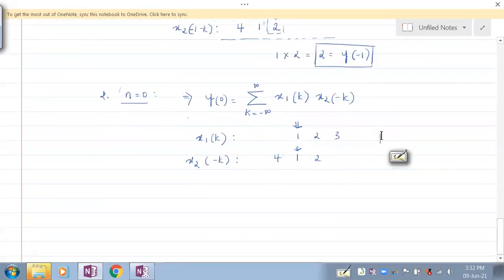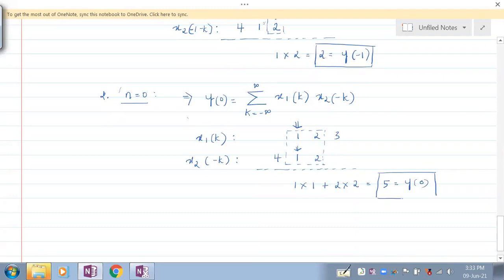Now how many pairs are handshaking? 2 pairs are handshaking now. So when we are finding out the second sample in the convolution sum, there are 2 pairs handshaking. So for the overlapping pairs, we need to take the product plus the other overlapping pair. Understand? So what would this be? It would be 1 plus 4. So that's 5. And this 5 is actually your y of 0. Get that point? So we have got two samples.